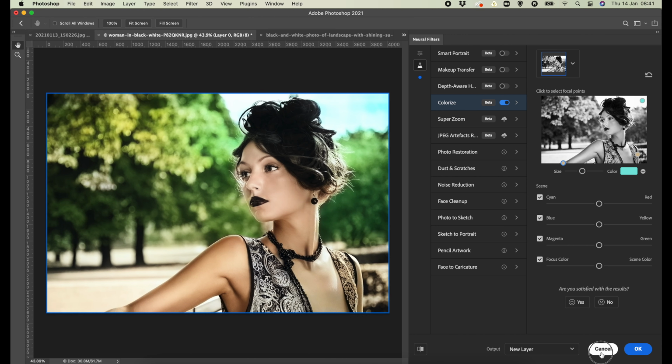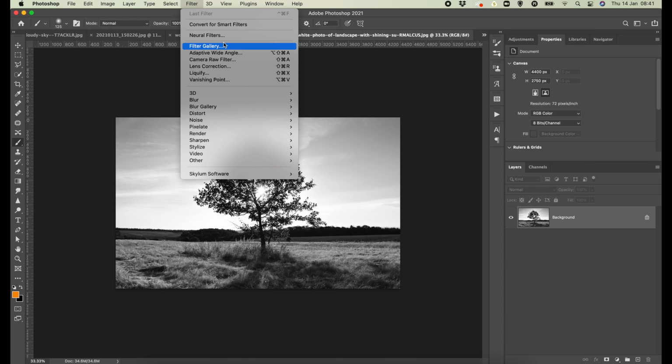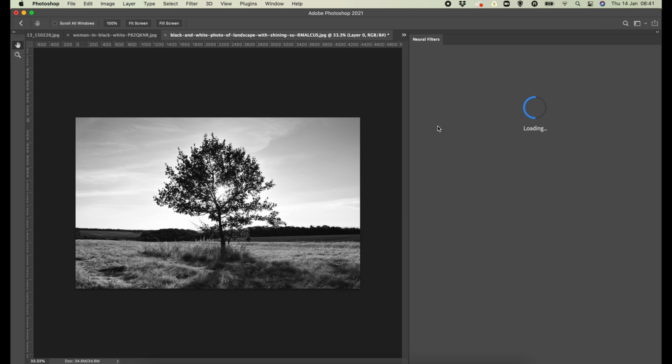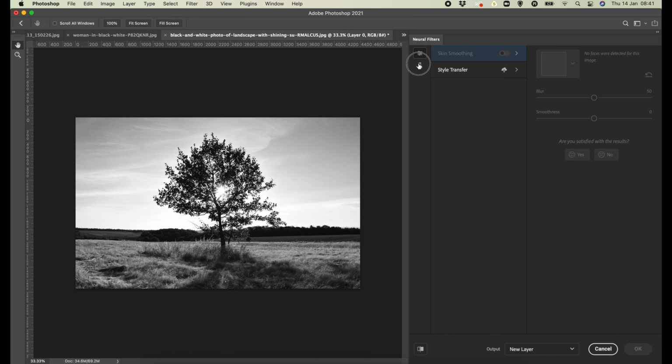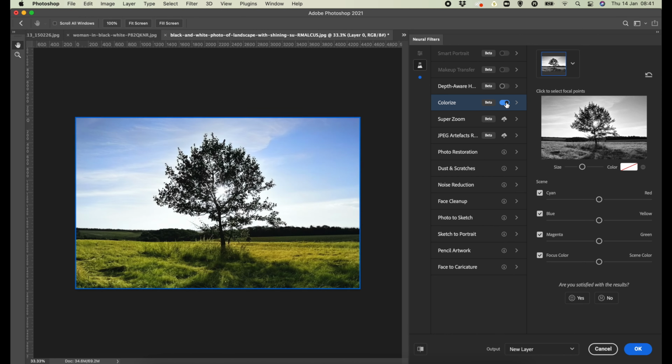I love it. Let's cancel that out and go to our next picture, which is just a tree with a sky, nothing else. Let's colorize that. Let's do that. Filter, null filter, and then we are going to go into the beta and colorize. Boom. Nothing else needed. This has got a sun coming directly at us through the trees. Really nice blue sky, and it's chosen really nice greens and yellows down here